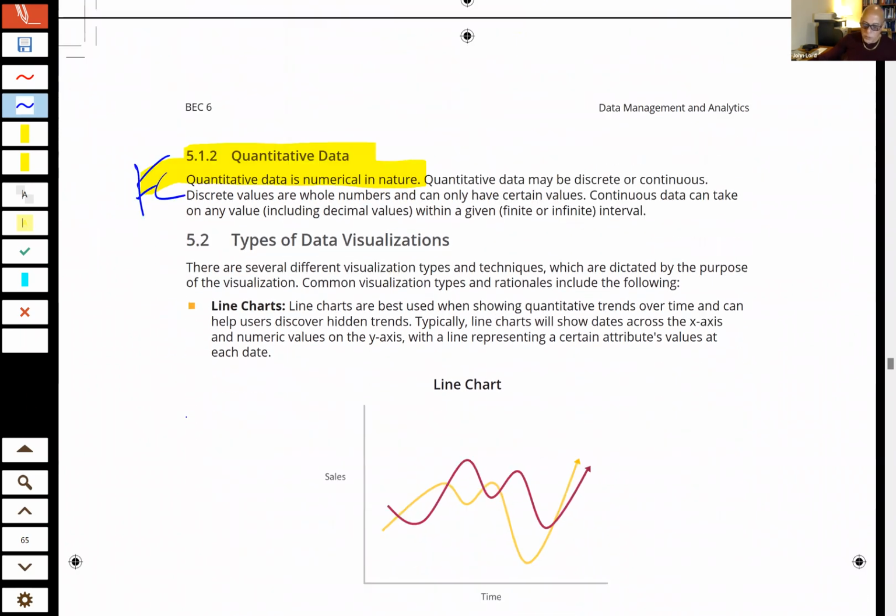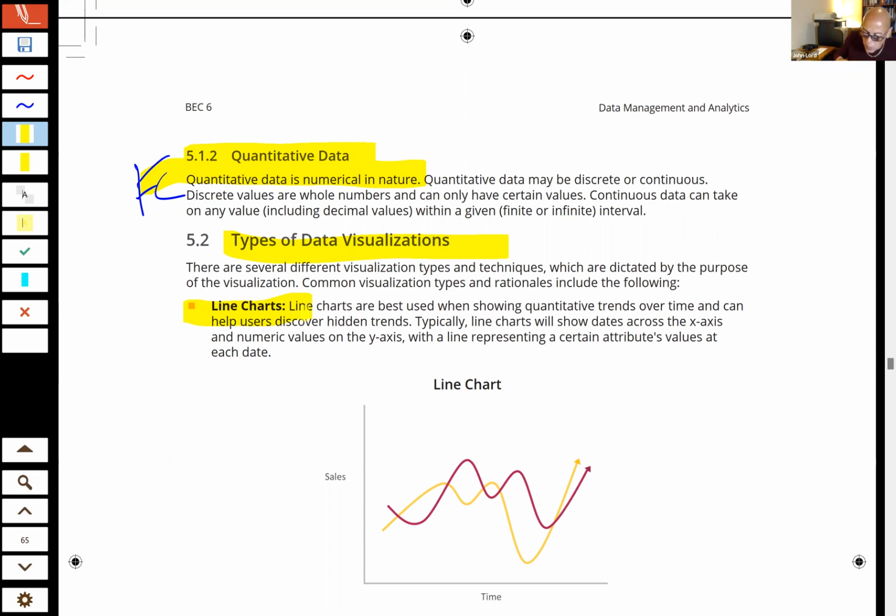Okay. Now, when we start to talk about types of visualization, line charts. And this stuff, guys, is pretty useful to you while you're still a student. But as you move forward in your career, really thinking about how you're going to visualize things are the types of things that get you noticed by senior management and boards of directors, because they like that chart. Oh, that was a beautiful chart. I really understood what you were trying to communicate because you did a good job with that graphic. So don't take this lightly. This is pretty important stuff.